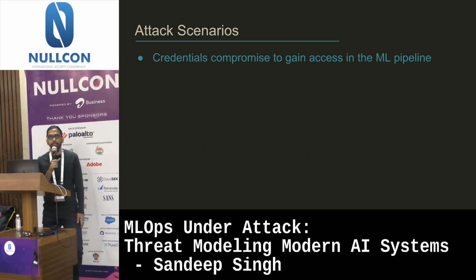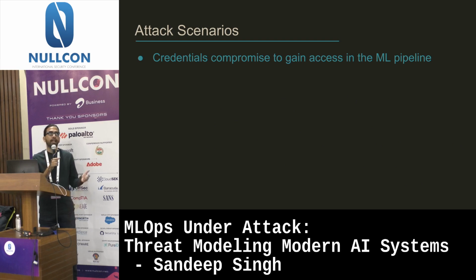So let's start looking at attack scenarios one by one. Credentials compromise. This is a classic. You don't think of it from an AI lens, but from a traditional infrastructure lens. You have your ML developers, you have your data scientists. How do you compromise credentials? You do phishing. If you're doing pen testing or red teaming style things, you look for network file shares. You look for different device compromises and things like that. There are many avenues through which you can achieve credential compromise, and that becomes your initial attack vector. Once you've done that, you basically have data scientist, ML developer access. Now, what can you do beyond that?